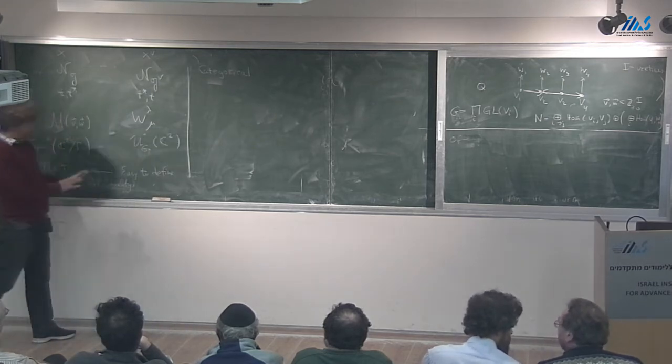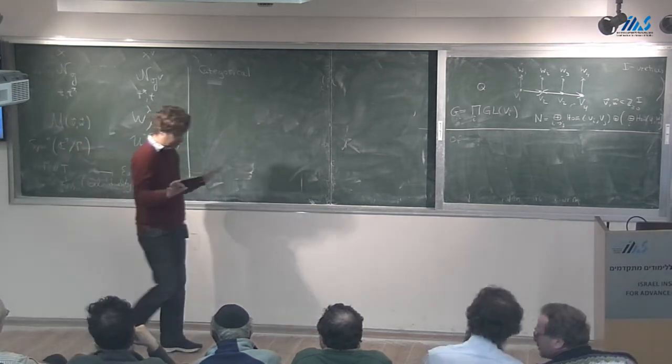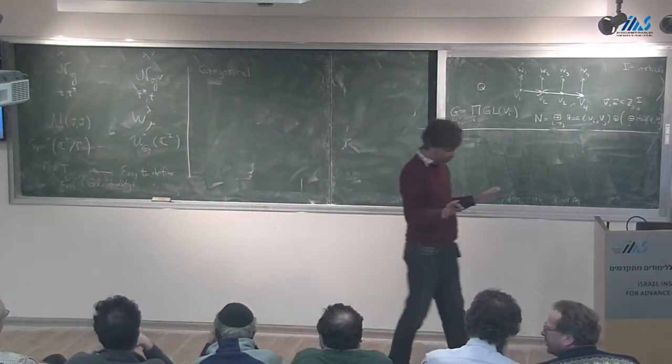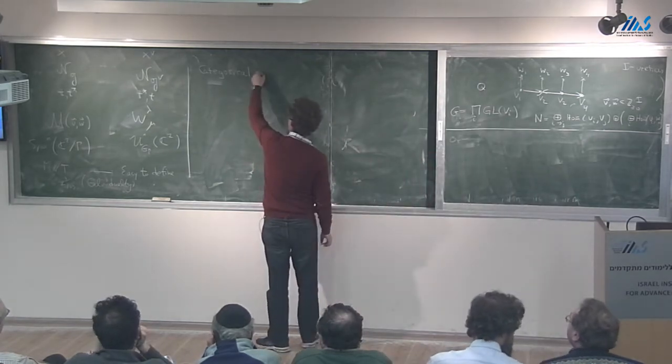And that's actually sort of the best understood example. That's the only example where everything is known completely. Everything I'm going to talk about is known completely. So categorical symplectic duality